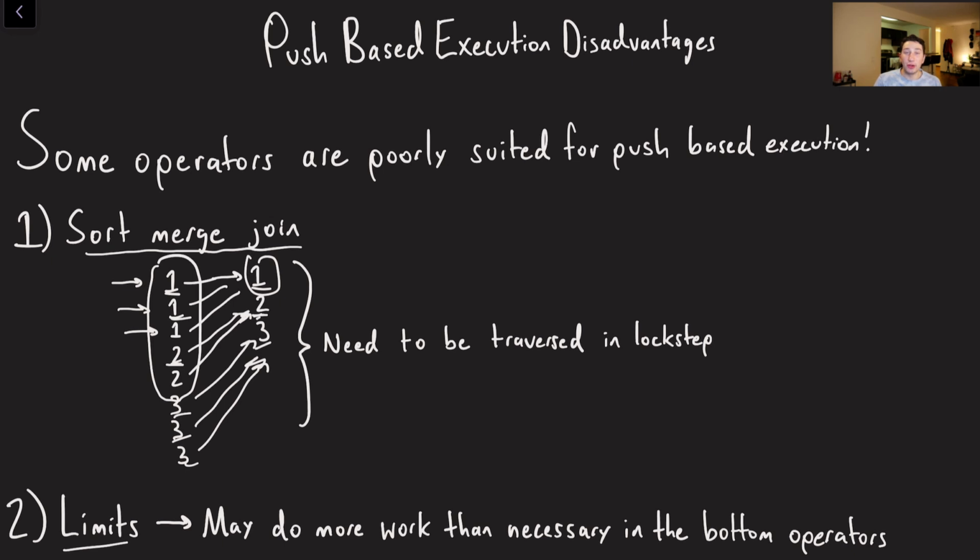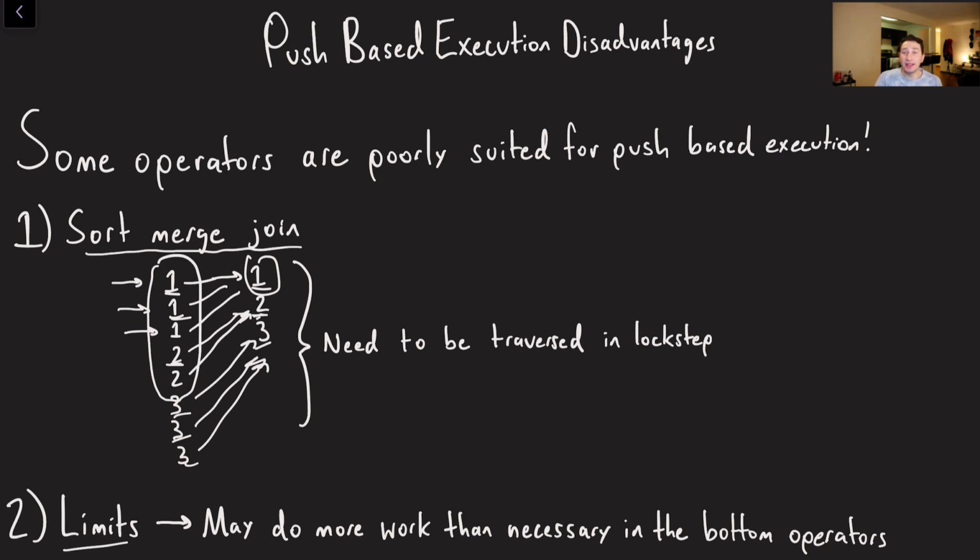Number two is going to just be limit clauses in general. If you want to say select star from a table, limit to 10 results, well, how is our scan operator going to know how many results to return? If it's a simple query where it's like select star limit 10, sure, maybe you can pass that information down to the scan operator and it knows to limit the size of the results to 10 things.